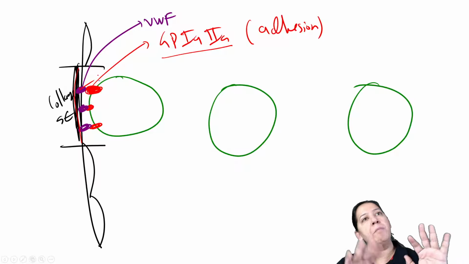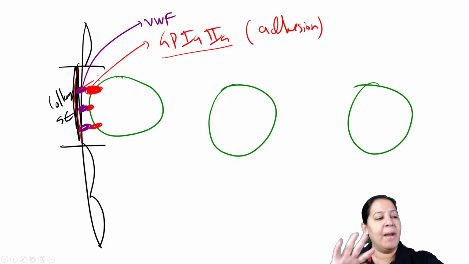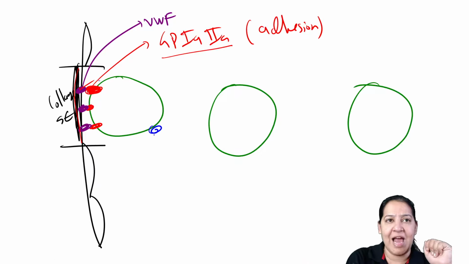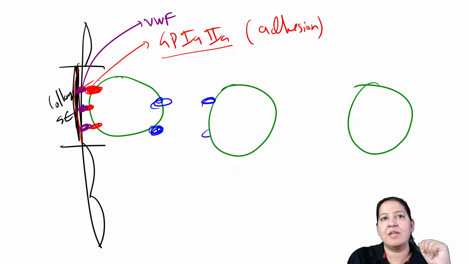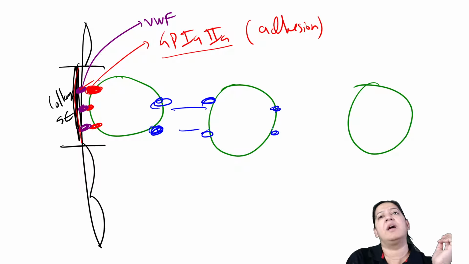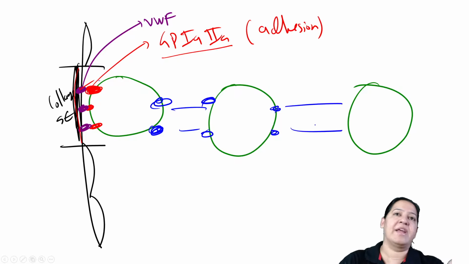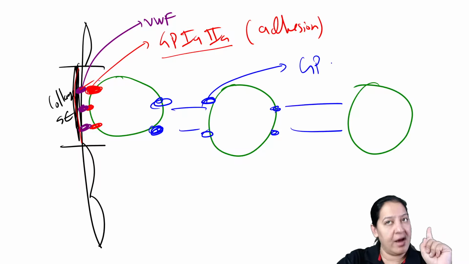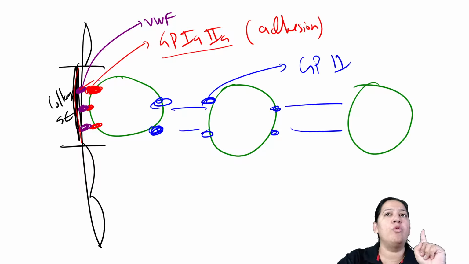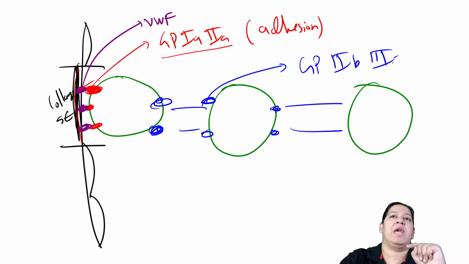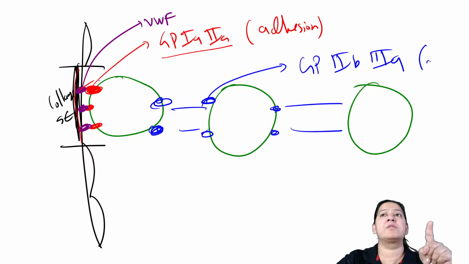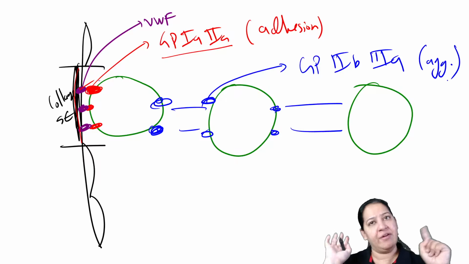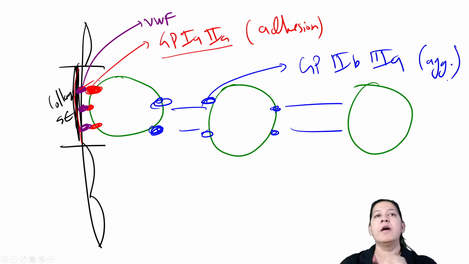Now a platelet forms a bond with another platelet. One platelet forms the bond with another platelet with the help of another receptor. So these are the receptors which got connected with each other and they are responsible for aggregation. So what is the name of these receptors? It is glycoprotein, GP, 2B3A. It is 2B3A and this receptor is responsible for aggregation, and no bridge is required here. Give me a thumbs up.